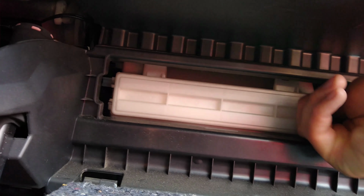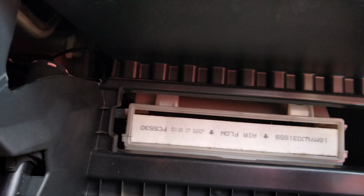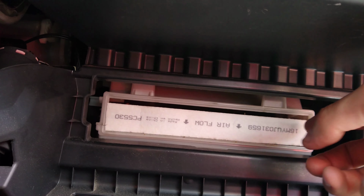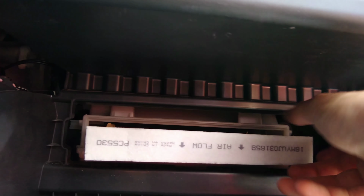Behind that is the compartment where the cabin air filter is held, and it's a little tricky to get off. There's a couple clips on both sides. You just kind of unpop those and then you can see the filter. So you just kind of stick your finger in there and wiggle it around until you can pull out the